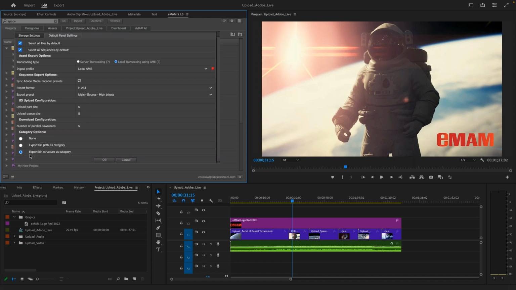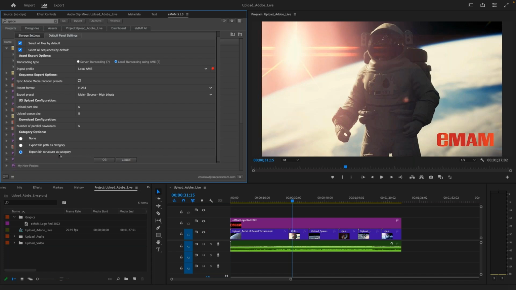And then the other thing is, if you are uploading new, fresh media that's stored and organized in bins within Adobe Premiere, you can also select those bins to create a category. What's key about that is my media and my project files will be organized when it goes up into the eMAM system in a category that I'm assigning it to.